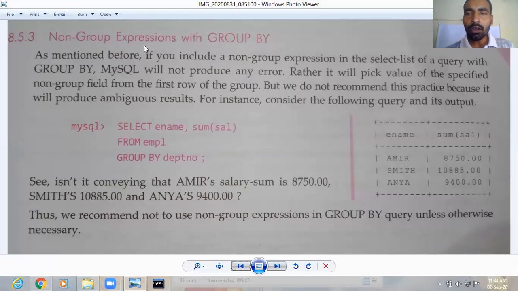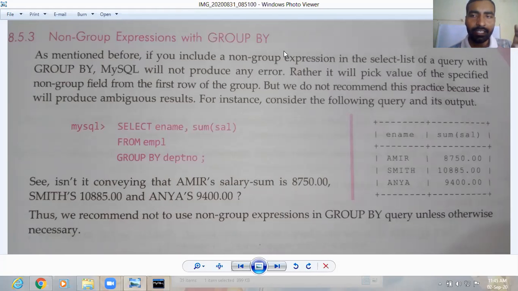The columns or records which don't have matching values are in the category of non-group expressions. And how can we display that? Here you have been told that the group by function takes those columns which have similar, matching values. Is it or not?